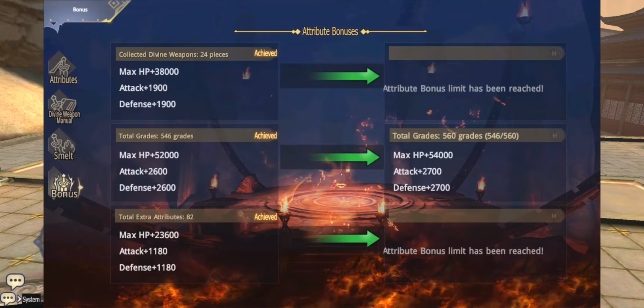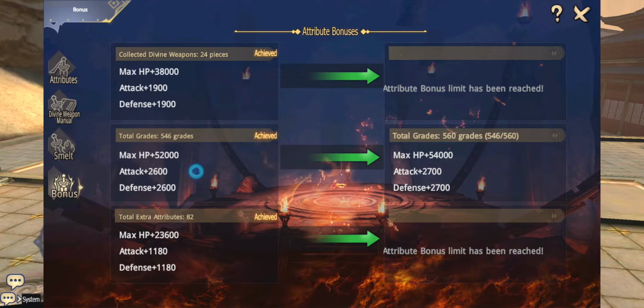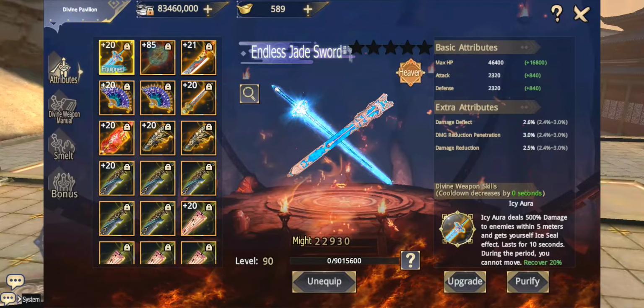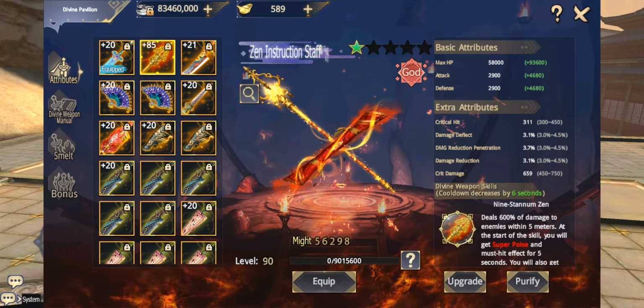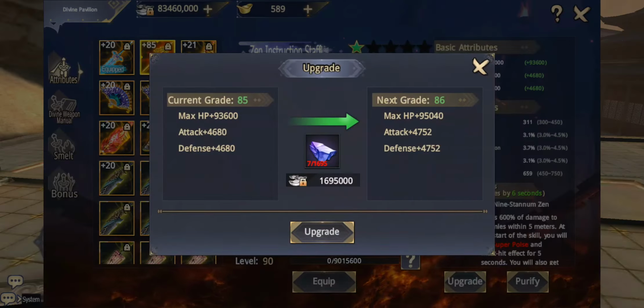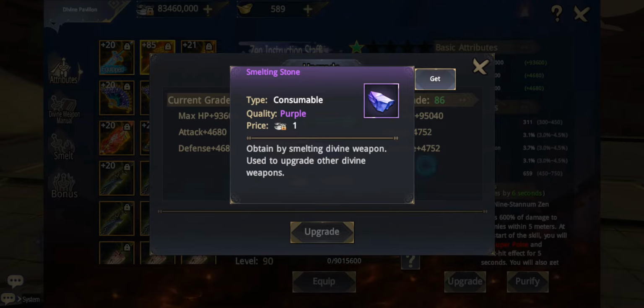Okay, so yeah, to unlock these extra divine stats, you want to put as many upgrades on as you can. So for example, if I was to try to upgrade this again from level 85 to level 86, and the same rules apply with internal gems as well, what I'm about to tell you, it's going to increase the stats by the same amount. It's going up by around 100 on everything, on attack and defense, and about 1000 on HP, I guess. And it'll cost me, let's see how much it costs me, 1695 smelt. That's what it would cost me to level this up